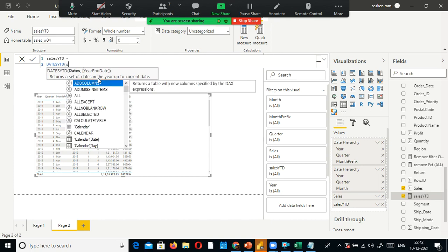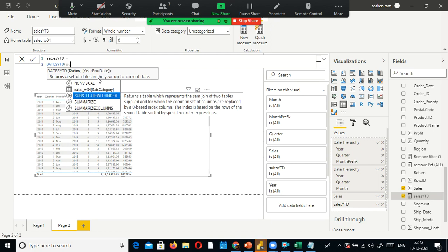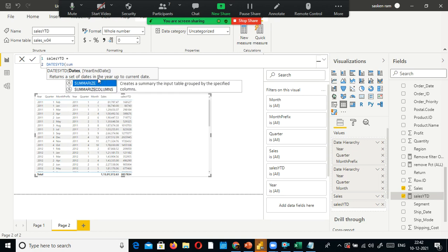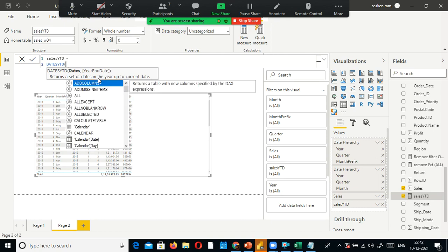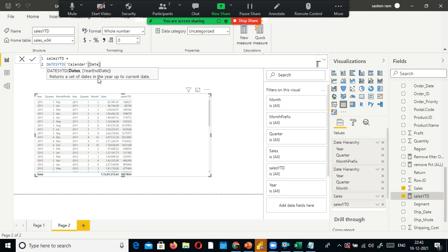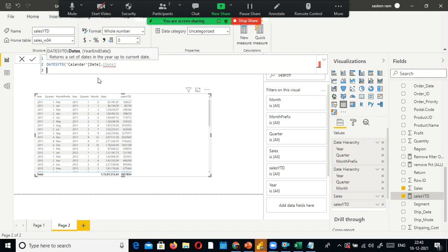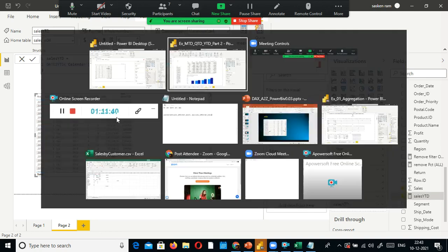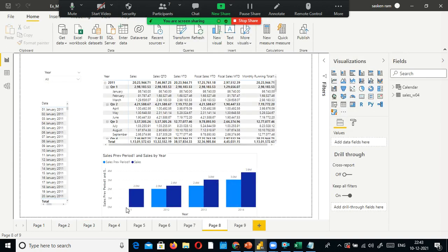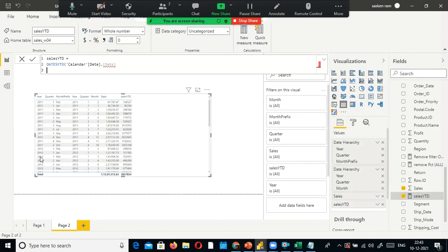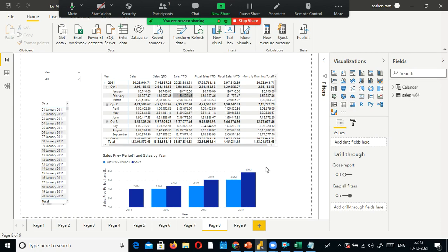For this also you need to use, let me do sum of dates YTD. Here I'm going to say calendar. It is not giving me the date here. So let me explicitly specify it, but it's not considering this one, year and date. The date should come here, but this one is not coming up.